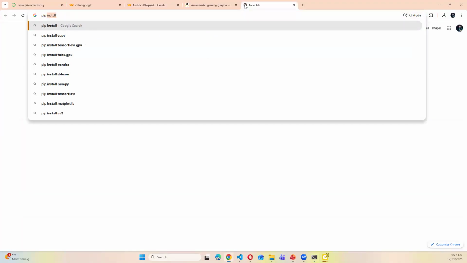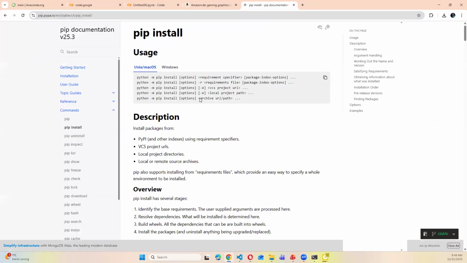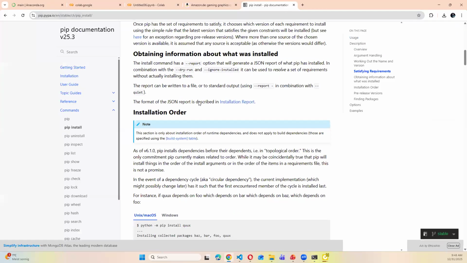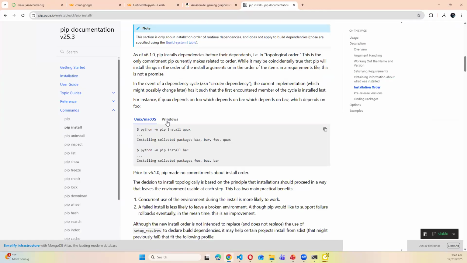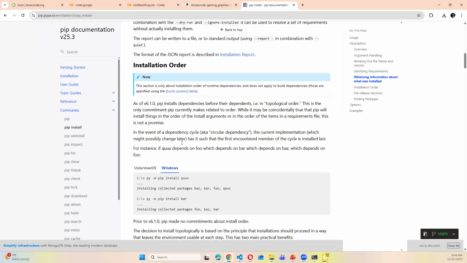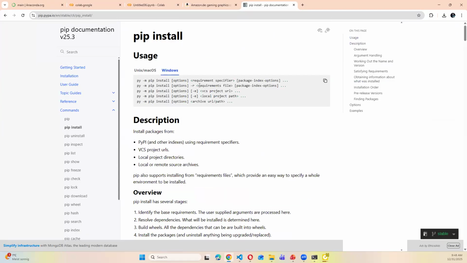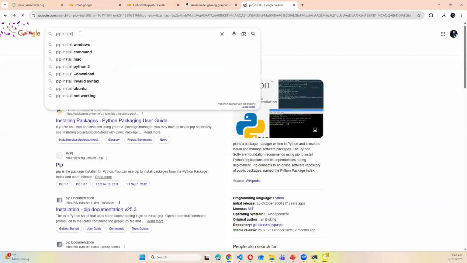pip install. So you have the documentation of pip. You can see here. So this one, if I see for Windows, yeah, no, it's this one. Let me find out. Oh, it's not pip install, pip itself, it should be this one.